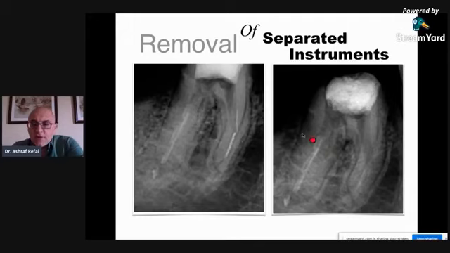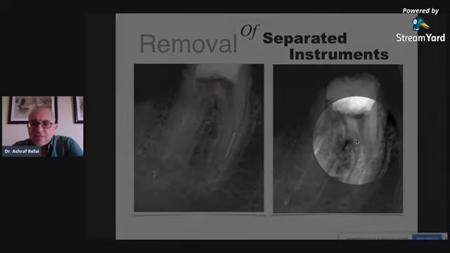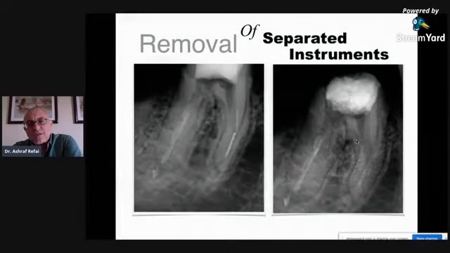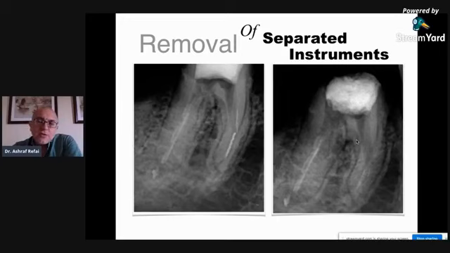But even though this happened, you can see that even after my retrieval attempt, the amount of damage to the root canal walls is substantial. And this brings me back to the point I mentioned at the beginning of my lecture, that bypass is still preferred to instrument retrieval, because the amount of damage that happens inherently during instrument retrieval is quite large.